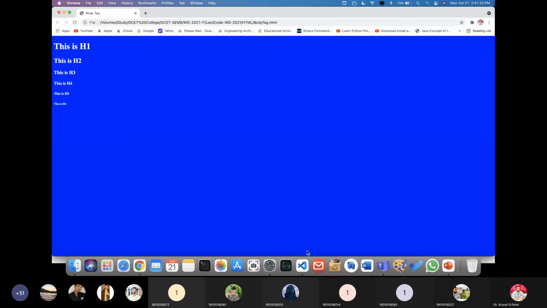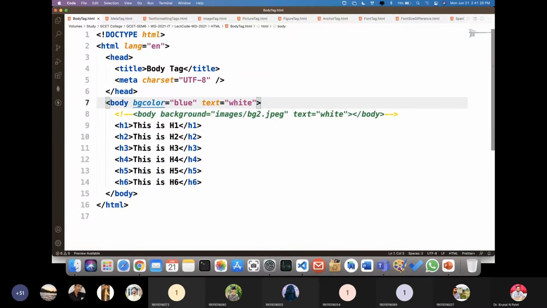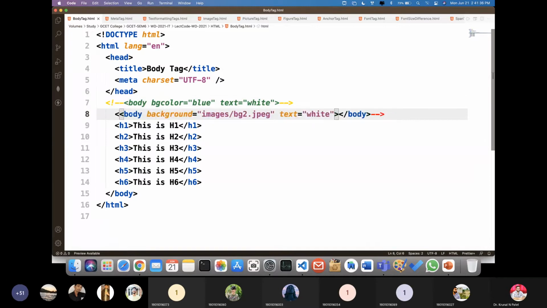Now suppose, for example, I don't want the background color. So I'm just putting this line in a comment, and I just remove this comment. What I did over here is a good practice and you have to always remember this. You have to create separate folders for the images only.